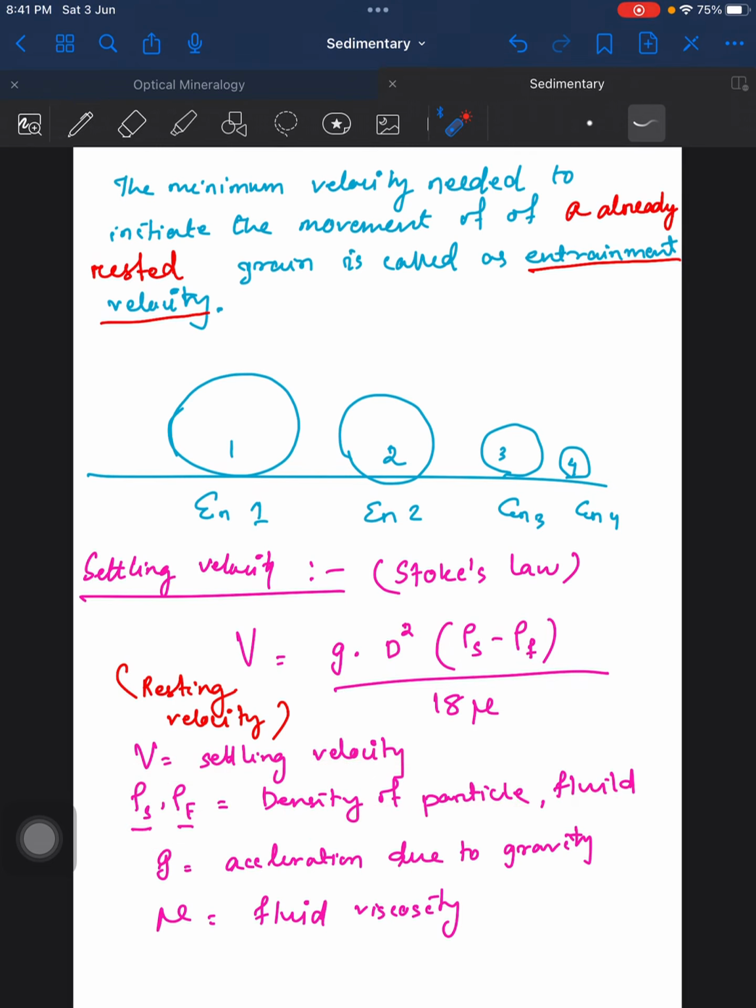How big it is, so what does it mean? The settling velocity is directly proportional to the diameter. Settling velocity is directly proportional to diameter. Gravity is constant, and it is directly proportional to the contrast or difference between the densities, and it is inversely proportional to the viscosity. So what I am trying to tell you, bigger grains will be having